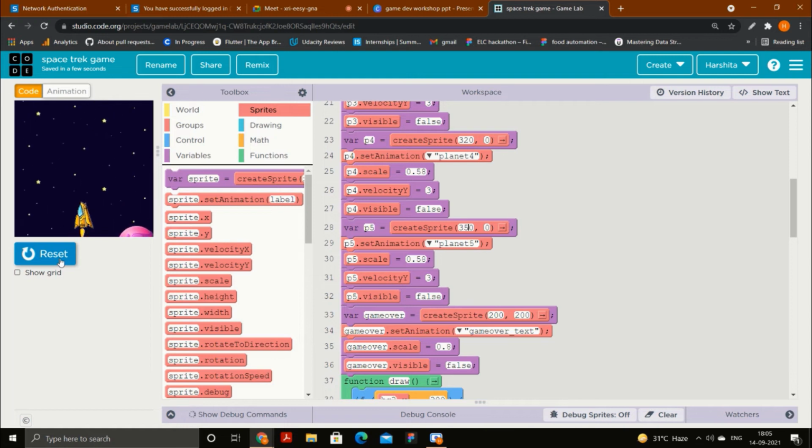Why? Because of 350, the P5 is now towards the right side. You can see this is P5, this pink one, and I put 350, so now it's towards the right direction, but it is very far right, so you can just decrease the value.